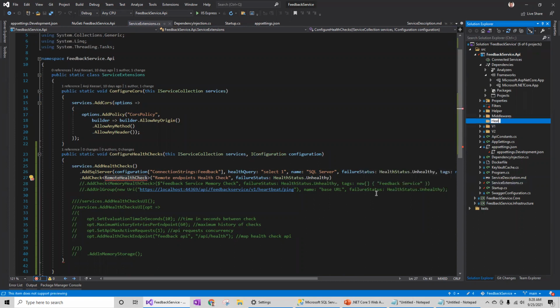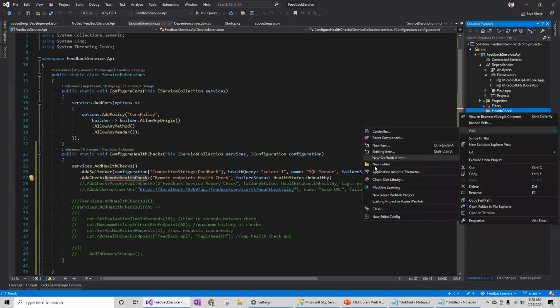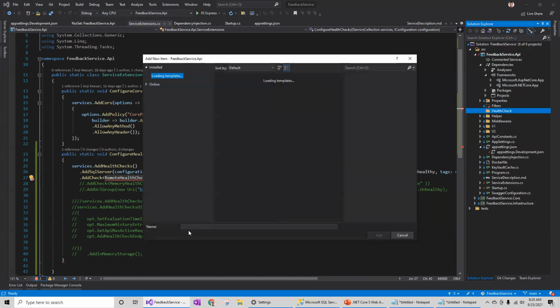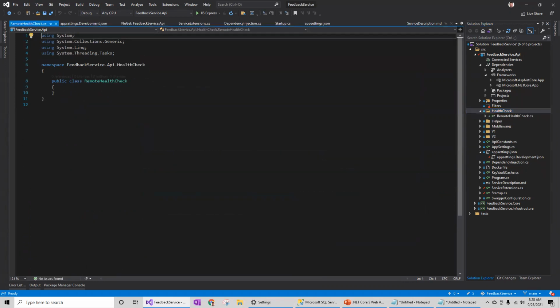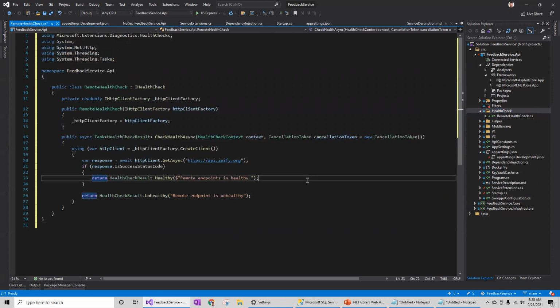We call it health check, and all my custom classes are going to be here. Let me create a new class. The purpose of this class is to validate external services.